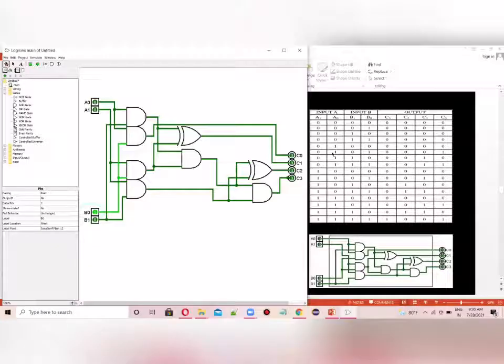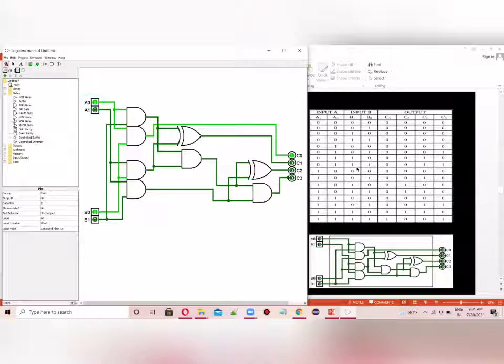So let's check this one whether we are receiving correctly. Here A1 is 0, but A note is 1. So let's make A note as 1 and B note as 1. Now we can see that C note is 1. So here we can see that A note is 1. Similarly, B note is 1. Similarly, C note is 1. So that is working correctly.